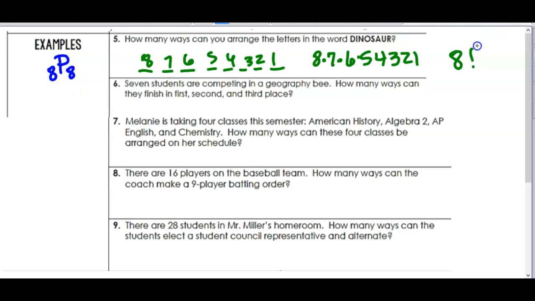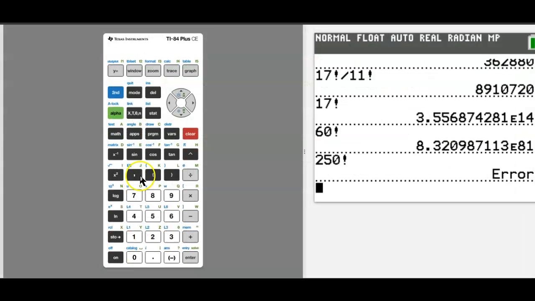Okay? It's the same as 8 factorial, because the definition is 8 factorial divided by 8 minus 8, or 0 factorial, which is 1. So we're just going to do these on the calculator. You could either do 8 times 7 times 6 times 5 times 4 times 3 times 1, or you could do 8